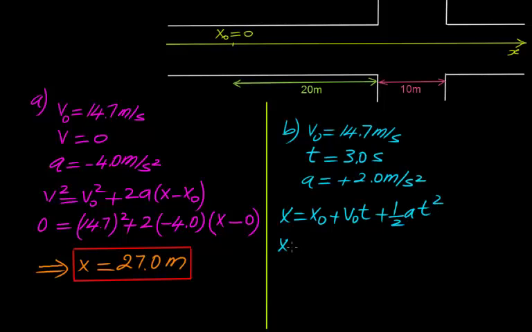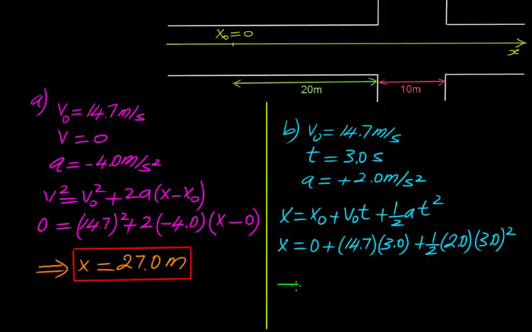The position x is going to equal x0, which is set by design to equal 0, plus the initial velocity, 14.7, times the time t, which equals 3.0 seconds, plus 1/2 times the acceleration, which equals 2.0 meters per second squared, times the time t equals 3 seconds, but make sure you square it here. Solving for the position x, we obtain